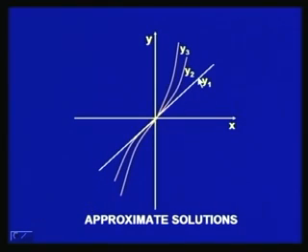These are the approximate solutions of our initial value problem. y 1 x is equal to x. So, we have this curve y 1 x equal to x, y 2 x is equal to x plus x cube by 3, and then we have the curve for y 3 x. So, these are approximate solutions of our initial value problem, which converge to the exact solution y equal to tan x of our initial value problem.